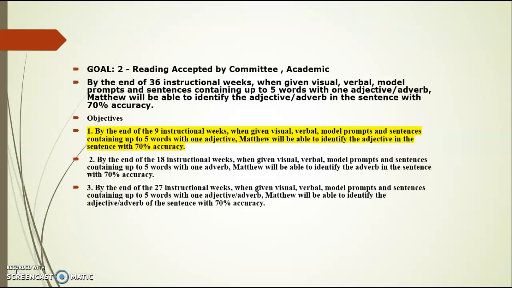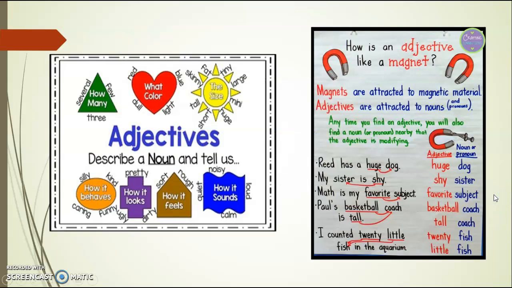So for goal number 2, Matthew, we're going to be identifying the adjective in sentences. So an adjective is describing a noun, and an adjective tells us how many there are, or what color it is, the size it might be, how it behaves, how it looks, how it feels, or how it sounds. So a noun is a person, place, or thing. And the adjective is telling us